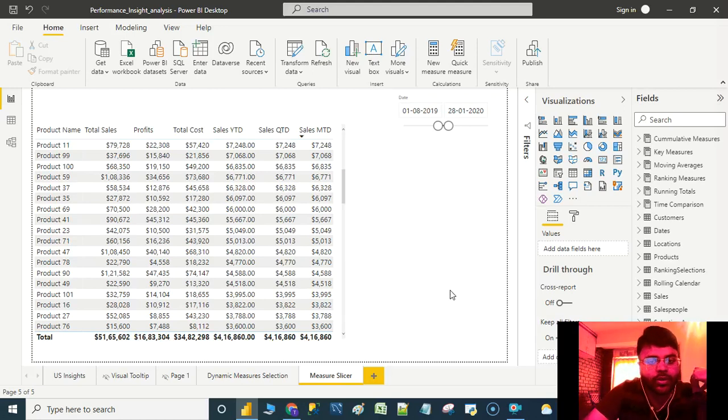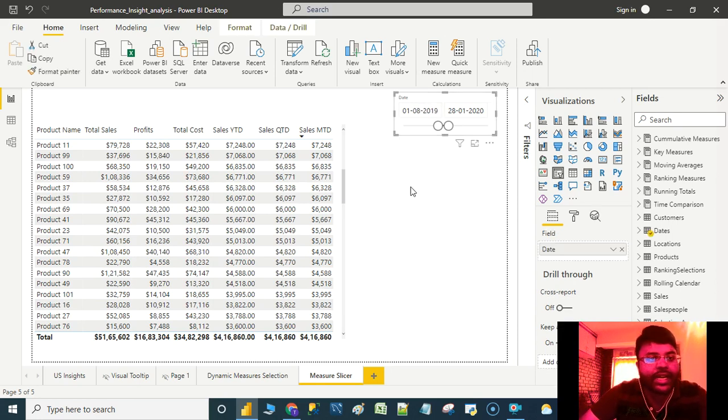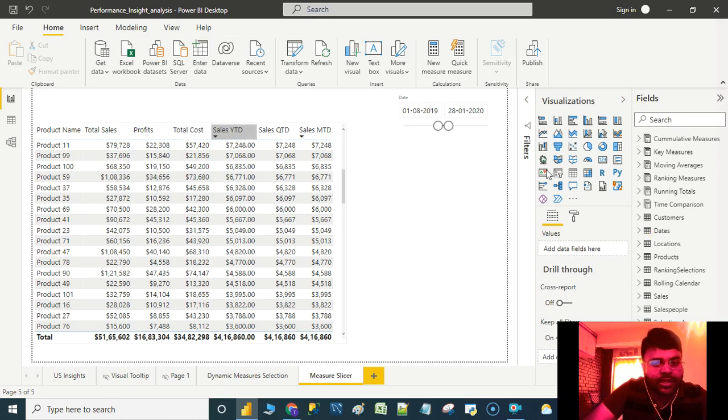So in today's session, we shall see how to use a group of key measures as a slicer. Say for example, till now we have been dealing with data where we can use product data as a product slicer, the customer data as a customer slicer, or else a date slicer. So all the category oriented data we have been using as a slicer and even in the visual.